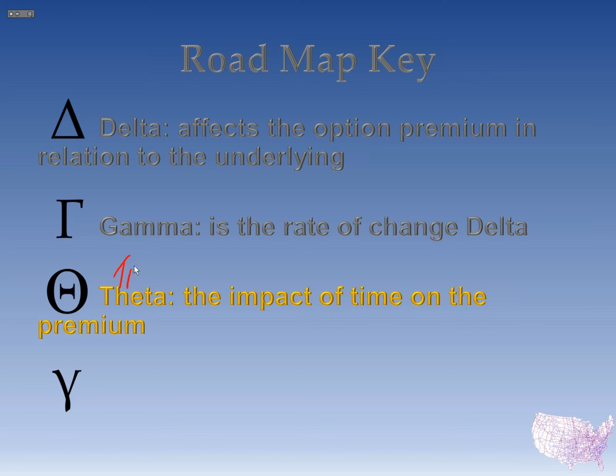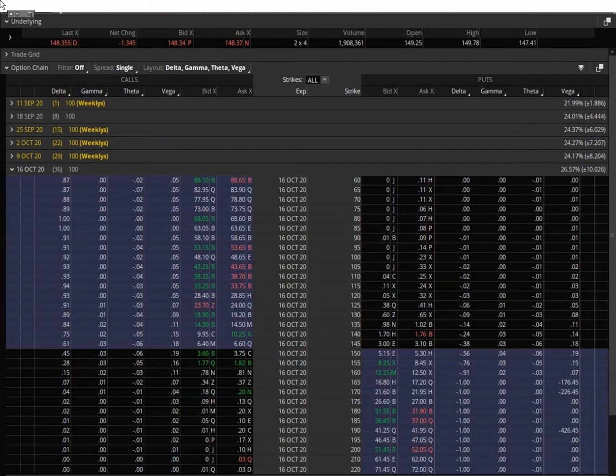Now, theta's our thief. Theta's the thief in the night that comes and steals our premiums. Now, something to know with theta. Theta is more aggressive the closer and closer to expiration we get. Theta is less impactful the further out the curve. Think about it this way. When theta starts getting into the mix, it's closer and closer to expiration because he wants to take all of that premium. They know that there's not much time left to take all that premium, so they get more and more aggressive. Think about it that way. Further out in time, they don't even know you exist. They're not even bothering with you. So theta will be much more aggressive the closer we get to expiration.